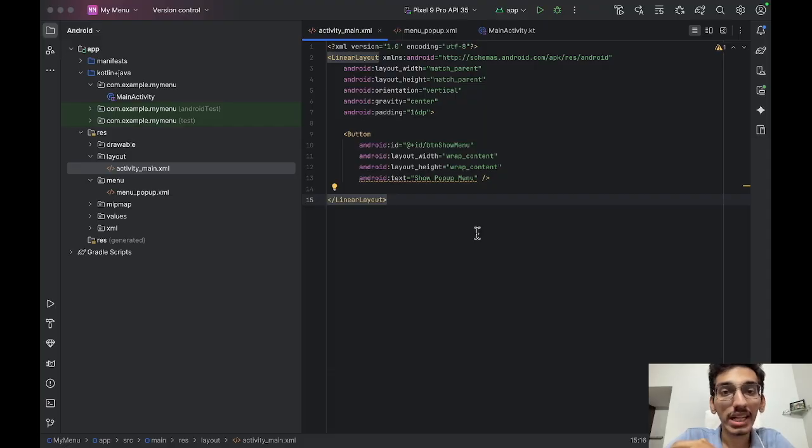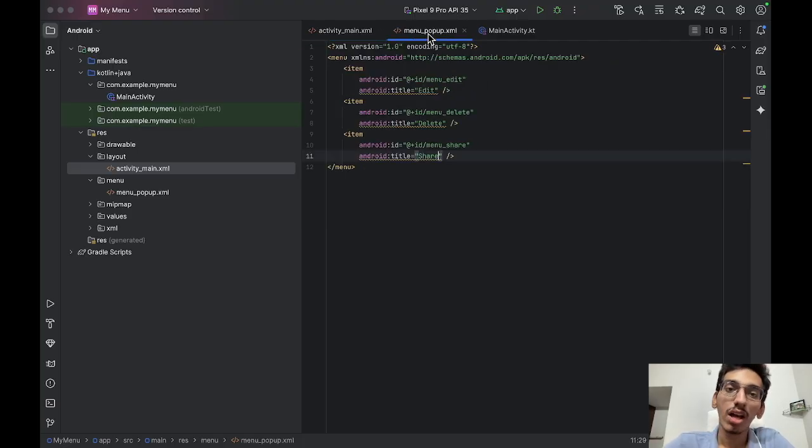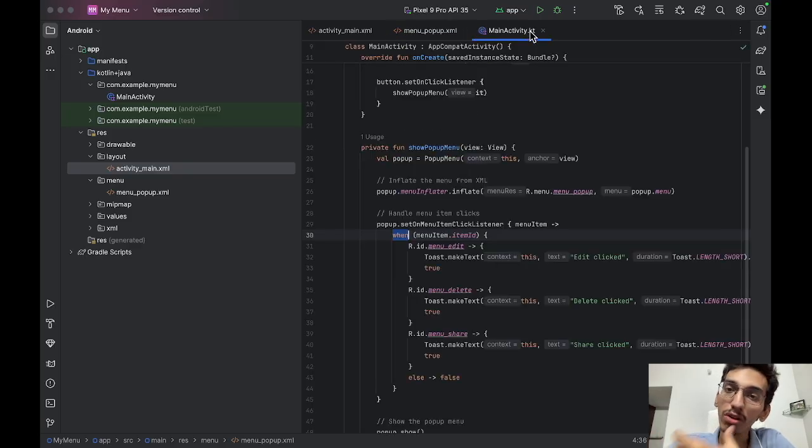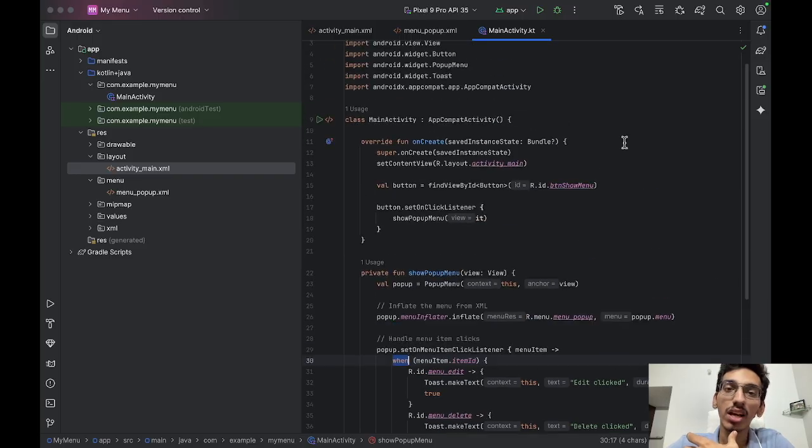items. So to declare the items of the menu, we are going to make use of the earlier created menu popup.xml file. So here, as we can see, we have declared the list of items with its title as edit, delete and share, and with their corresponding IDs. So to make this logically possible, we are going to make use of main activity.kt, here in which